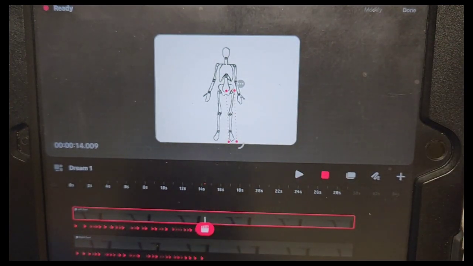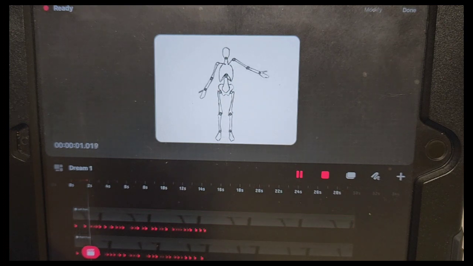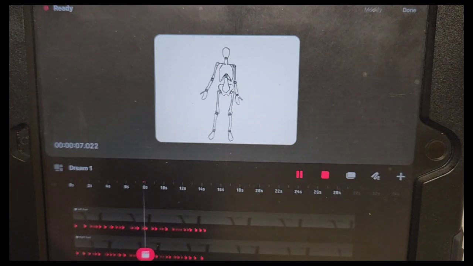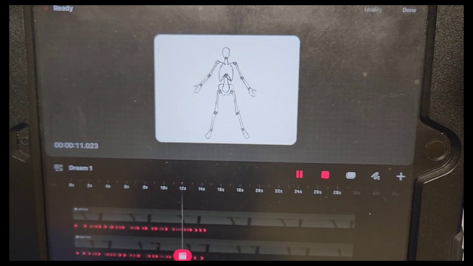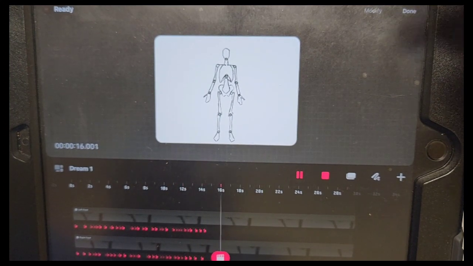Now we can play it from the top. Looks kind of wonky, but that's how you animate an illustration that you already have created in Procreate Dreams using